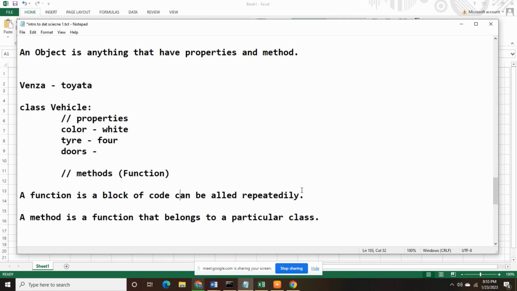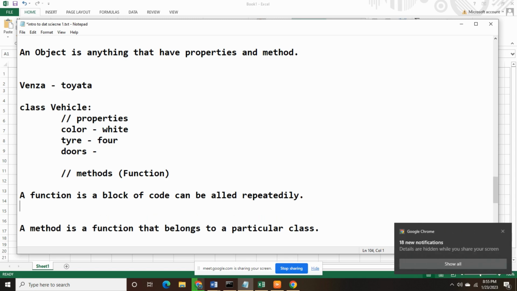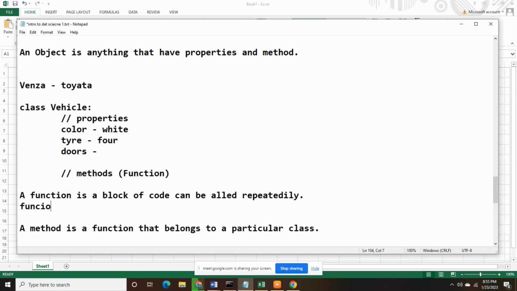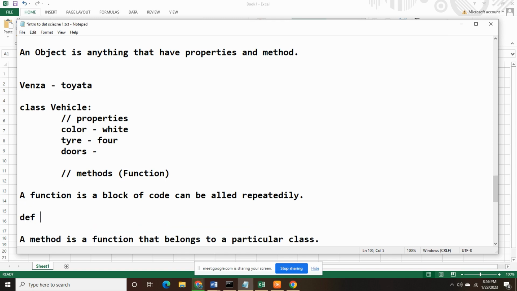Let's say, for example, we have a function to drive. Let me use Python here. Def, def. That is how we declare a function in Python. Def drive, for example. This is also a function. You can even put a parameter here, or if you don't want, you can leave it like that. Now, the function drive